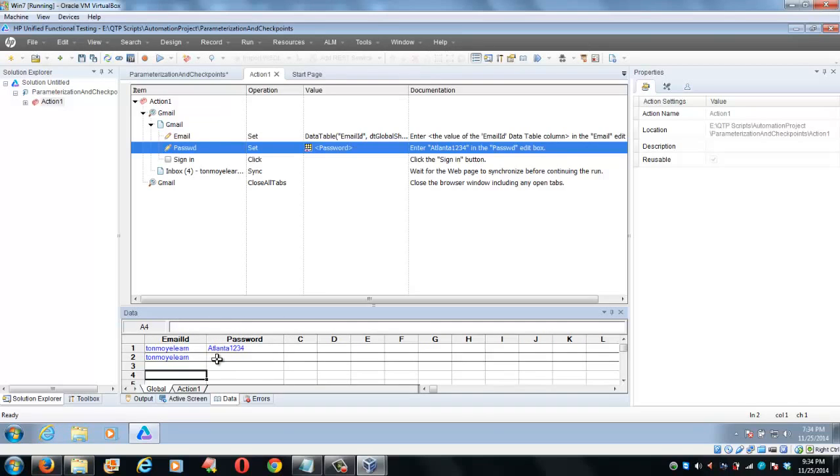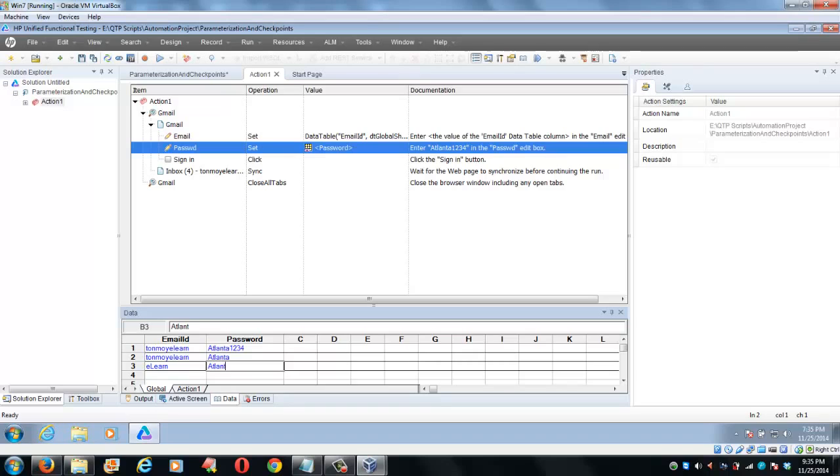Atlanta. And then I want to try an invalid ID and a valid password. So I'll save it,